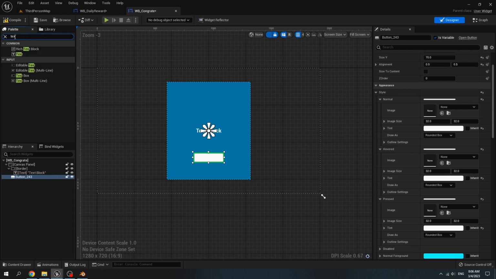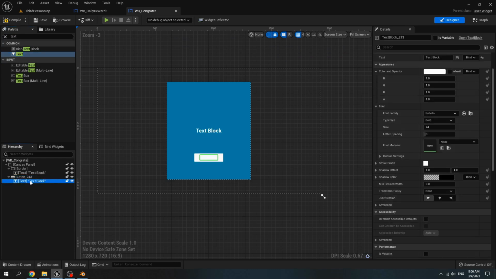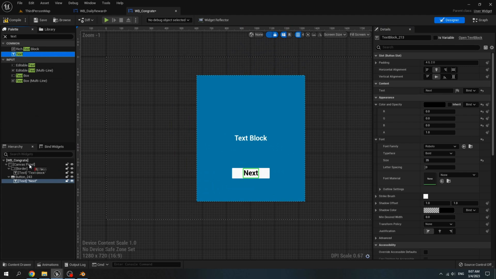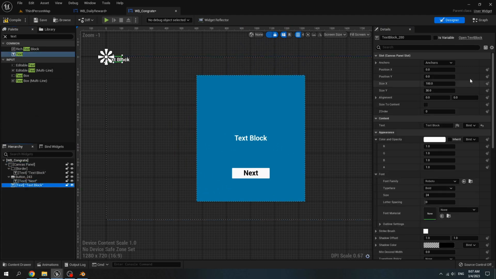Then search for text. Add it to the button. Set the text to next. Set the color and opacity to black. Set the font size to 35. And then add another text to the canvas. Set the anchor point to the center. Position X 0, position Y 0. Align to 0.5 and 0.5.